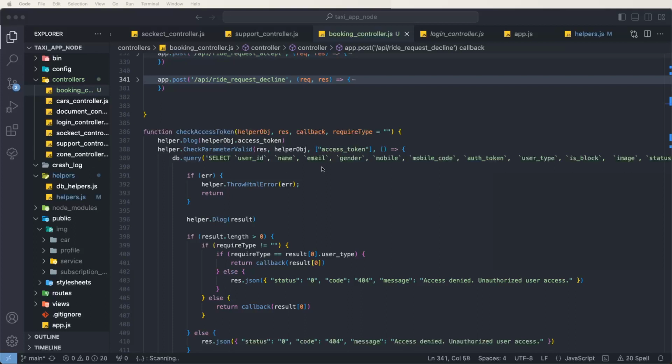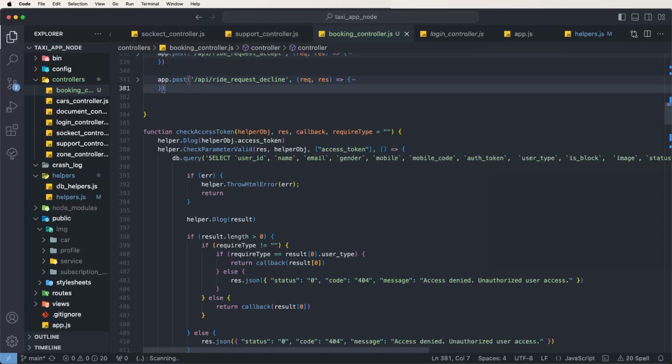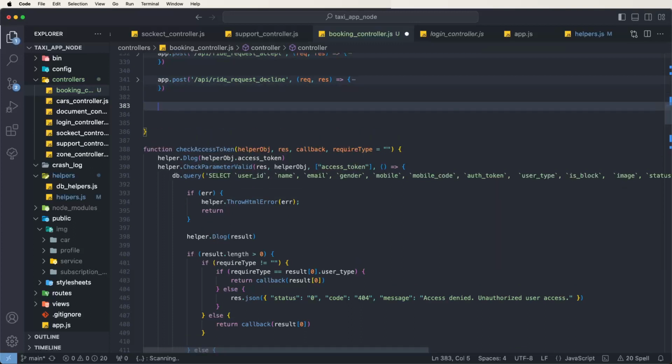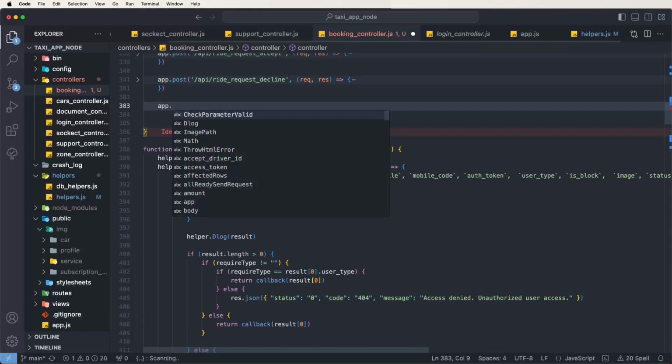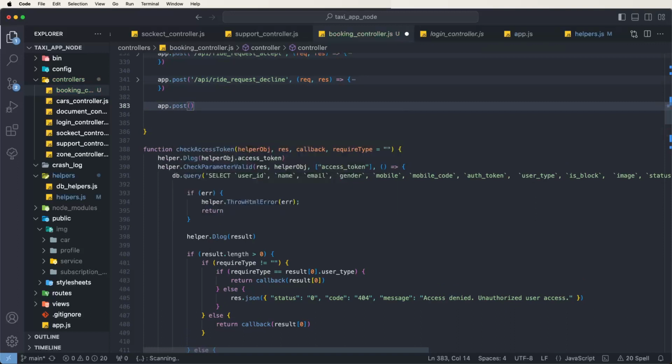Node.js app API and backend API inside. Today we need to create the driver ride cancel API. First of all, we need to create the POST method, not Postman, app.post, and give this the API name, API slash